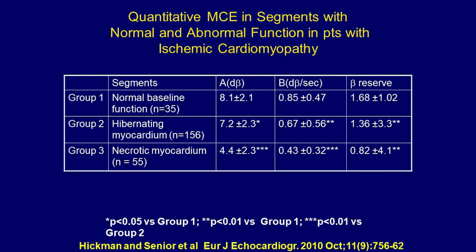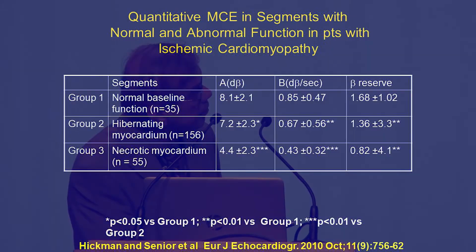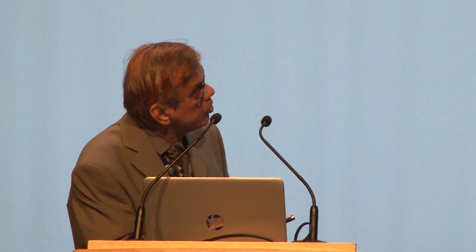And if you look at the coronary flow reserve in hibernating myocardium, it is very, very low. So even a little bit of dobutamine can cause ischemia, and you will not see contractile function. Whereas if you look at capillary volume, you will see it is low, but not that low compared to necrotic myocardium. And that's why myocardial contrast echo can be more sensitive than dobutamine stress echo to look at myocardial